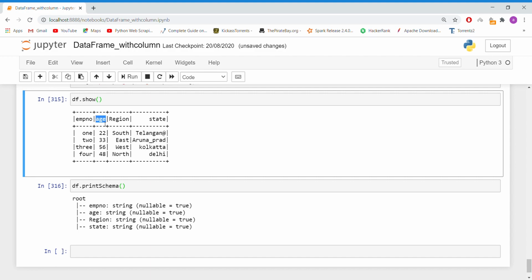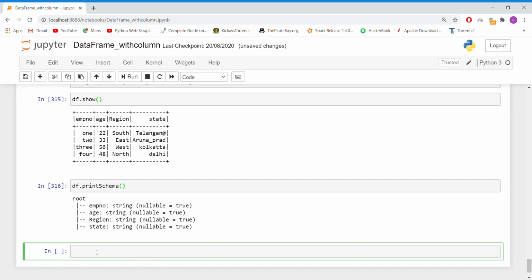In order to do this kind of operation, we have cast. Cast is a function. How to do it is, let's store it as a new data frame, df1, data frame dot with column. On what column are we going to use that particular operation? On age.